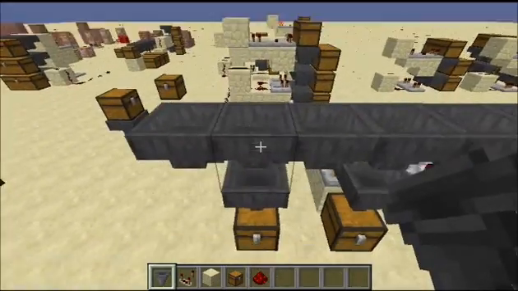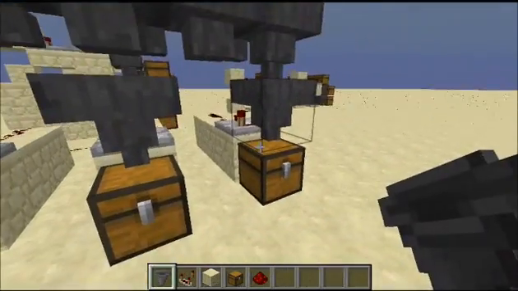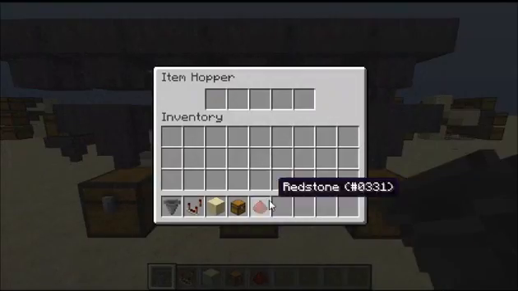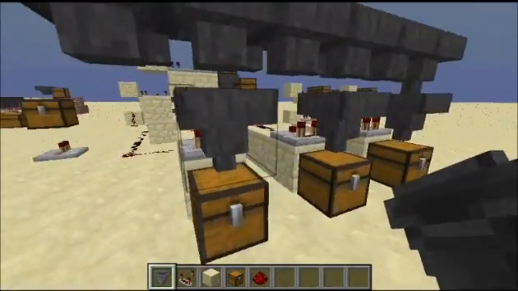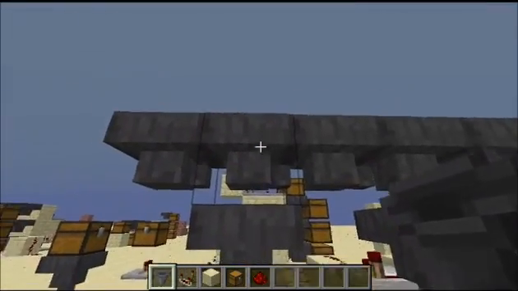So here is how most item sorters work. You have a chain of hoppers up here. You have a hopper down here, chest, hopper, chest, etc. Basically, in this chest, you put a bunch of filler items. Not filler items. Items, I'm not entirely sure what they're generally called. But basically,